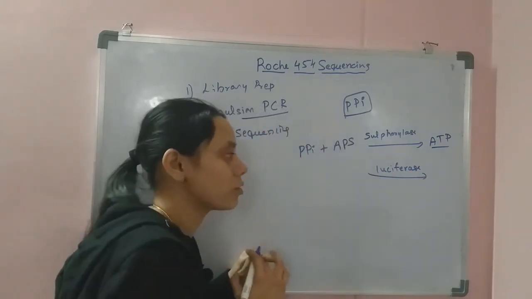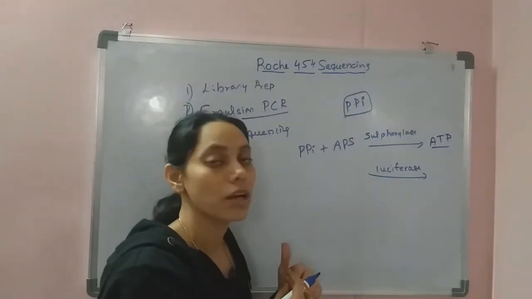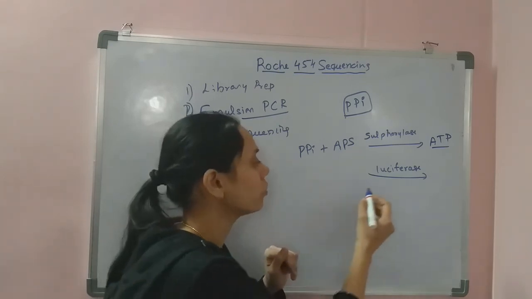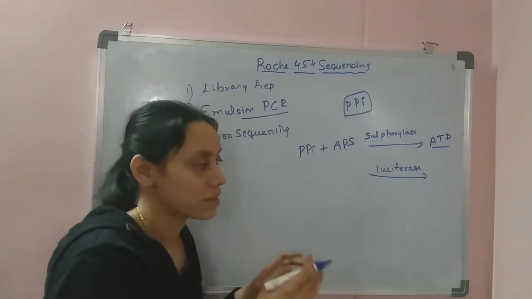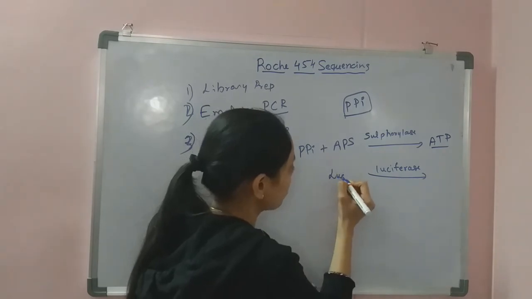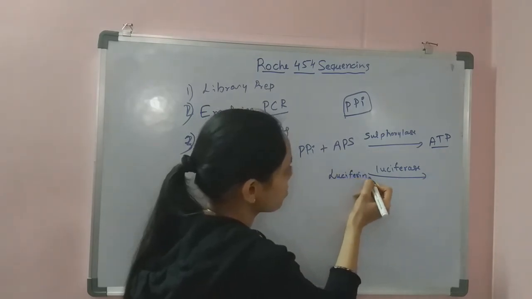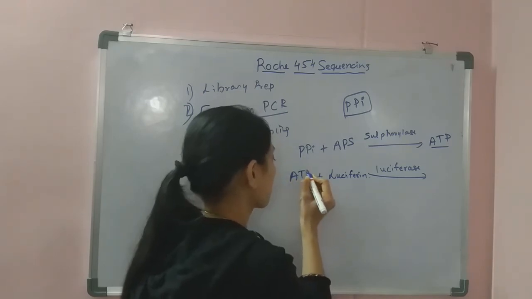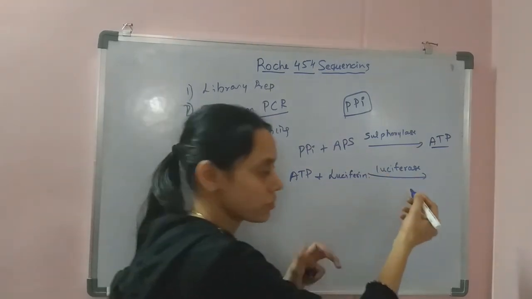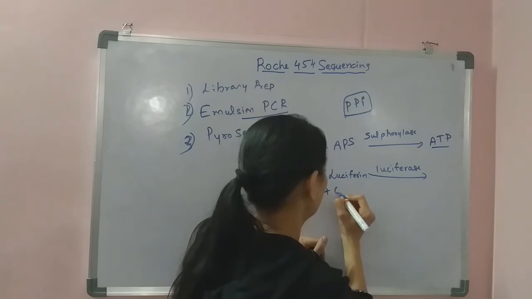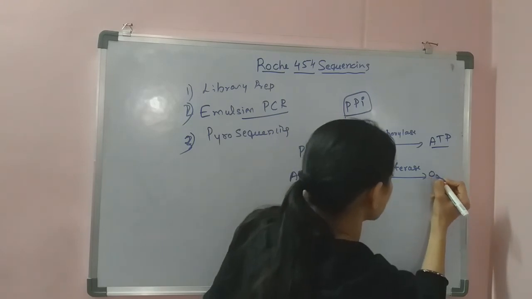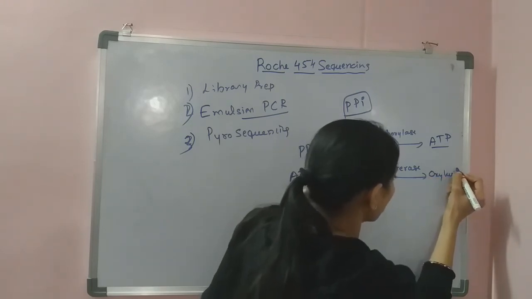This is the second enzyme. This luciferase is generally obtained from the firefly, which produces light in the natural system. So this firefly enzyme is used here, and there is a compound called luciferin in it. So the released ATP will oxidize this luciferin present in the luciferase enzyme. So with the help of ATP, luciferin is oxidized into oxyluciferin